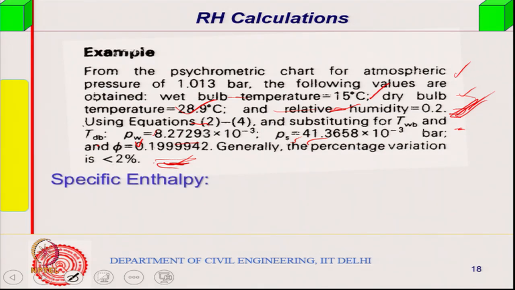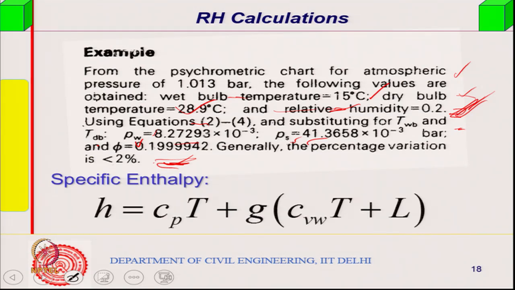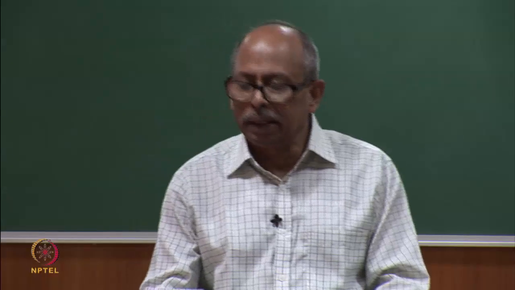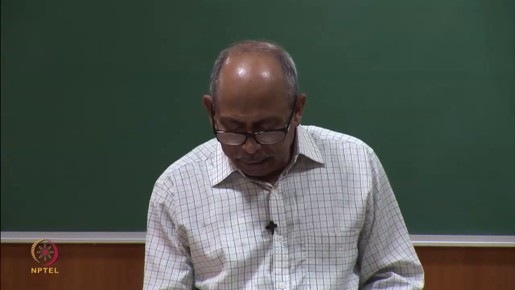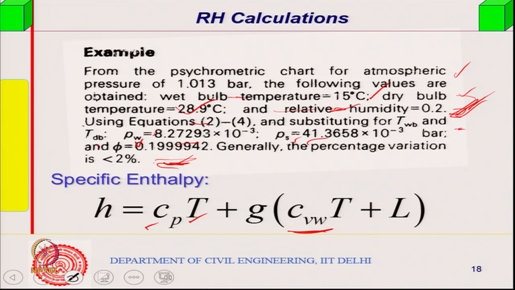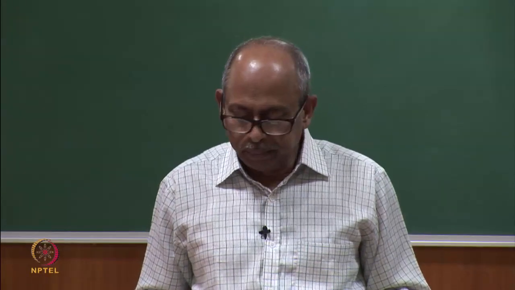Now, specific enthalpy, I stated it, and maybe I have given a formula earlier. This is given by this formula: Cp into temperature, because we take the temperature 0 degree centigrade as a datum, and this is the specific heat of water vapor into temperature, plus latent heat, and this is the moisture content, right. This is the moisture content. So, I have mentioned this earlier. So, when you want to calculate the cooling load, you can use this formula, right.